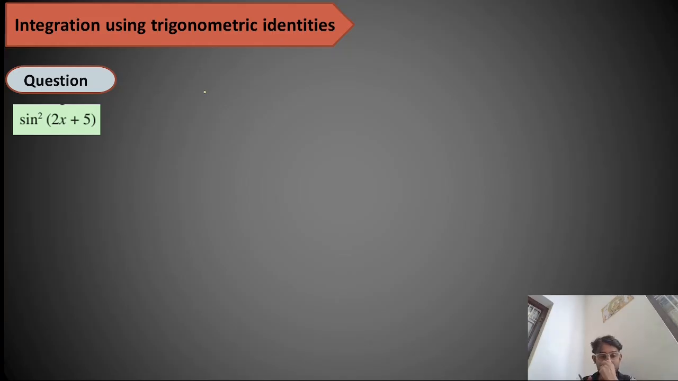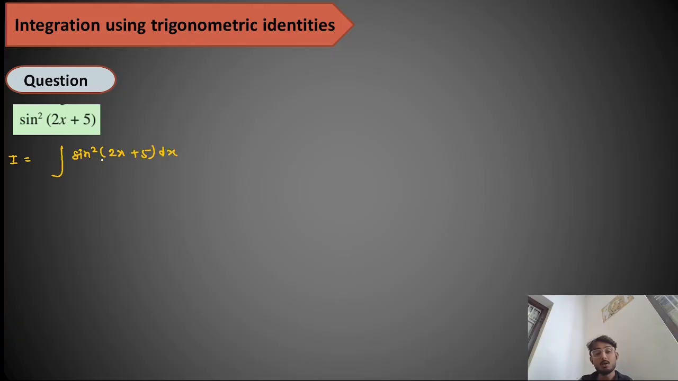Okay, so let's start from the first question: sin square (2x plus 5). I have already mentioned that you have to eliminate the power and multiplication in integration, and then you can solve the question. So here I will try to eliminate the power. So I will use trigonometric identities. The integral I is given as sin square (2x plus 5)